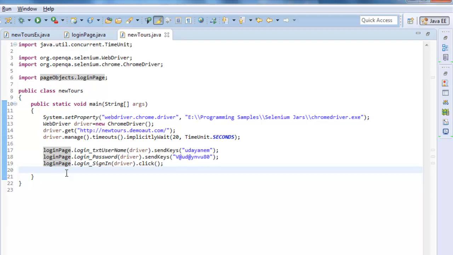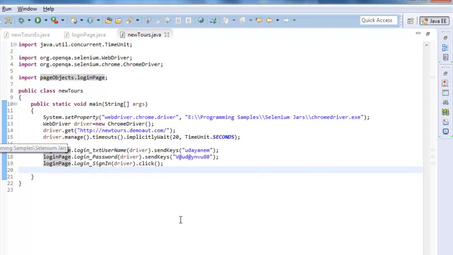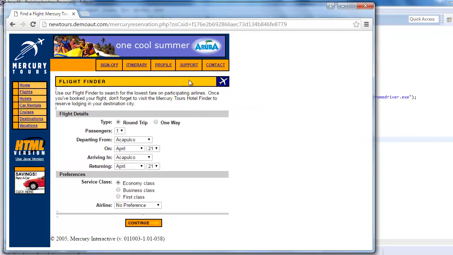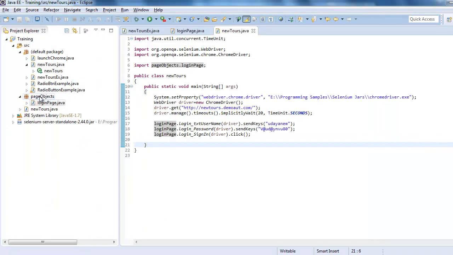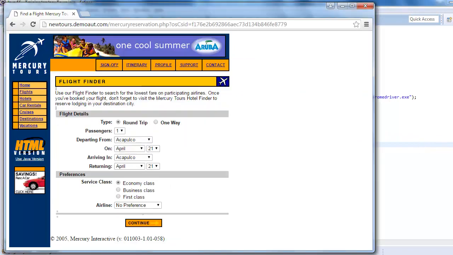So it is the same, and we get all the advantages of a shared object repository here. All your pages, as you can see, because the objects which are in this login page, we can keep in this page, and after that we can go to the find a flight page, where you can create a separate class for all the objects which exist in there.